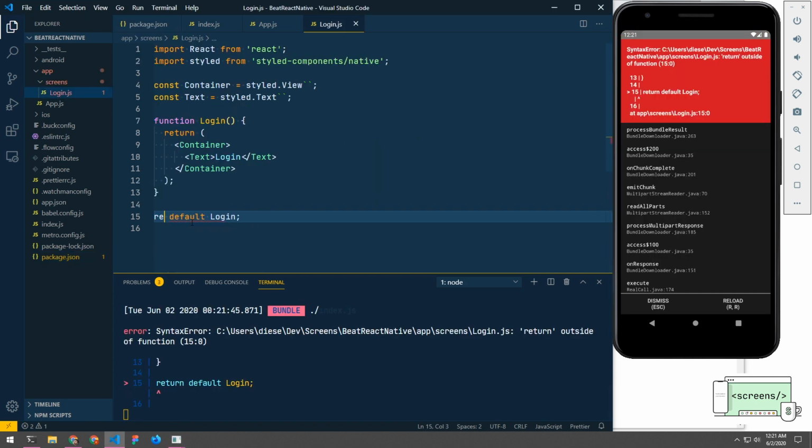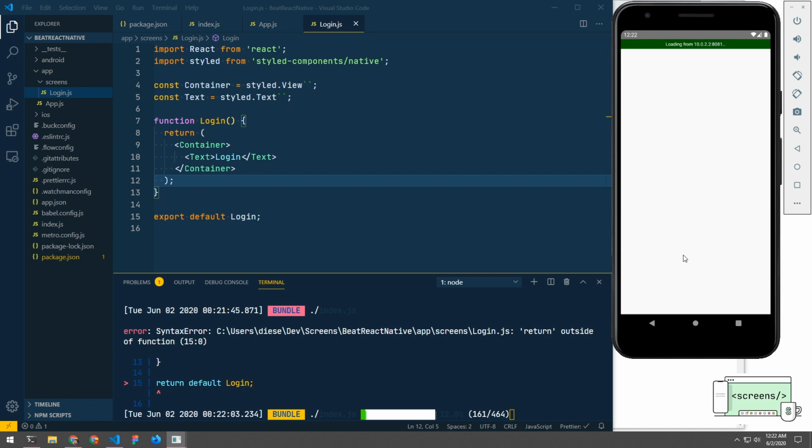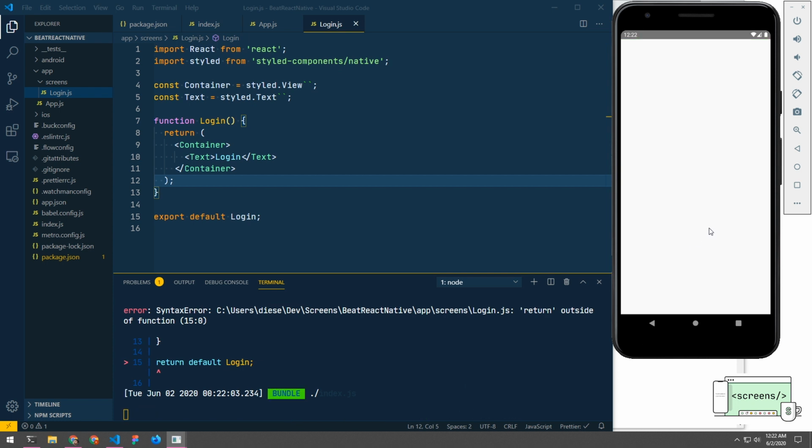Okay, so this is not return. This is export. So let's reload it. So now you can see we cannot see anything. I think we need to package the Android APK once again. So in order to do that, we'll just do npm